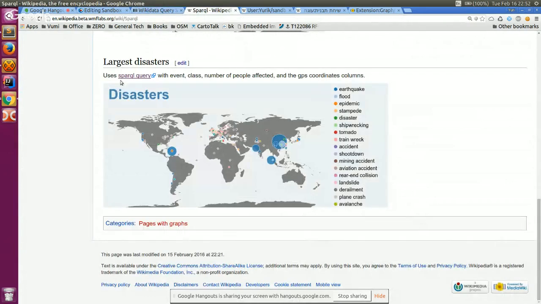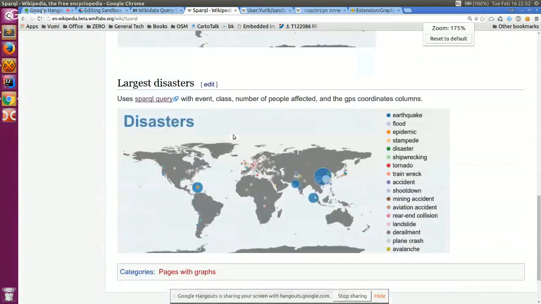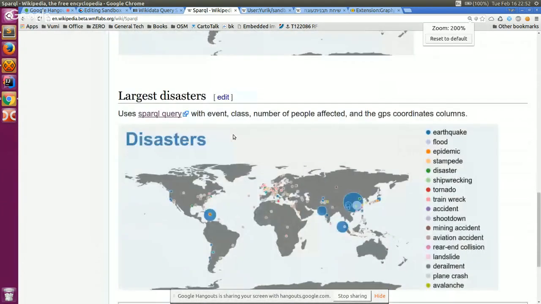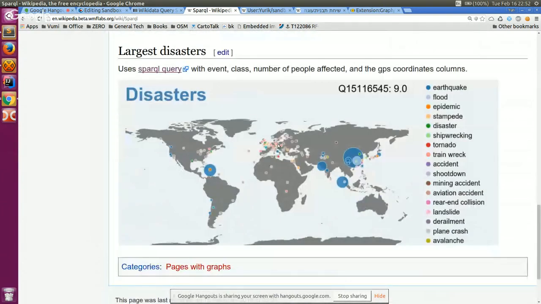Graphs, currently on beta, hopefully we'll launch them soon for all Wikipedias, allow you to draw that data directly from Wikidata. It allows you to show all the different disasters by different colors. It is a bit small, maybe I'll make it a bit bigger so that everyone can see it, and then you can move your mouse and see what the disaster was, how many people were affected,